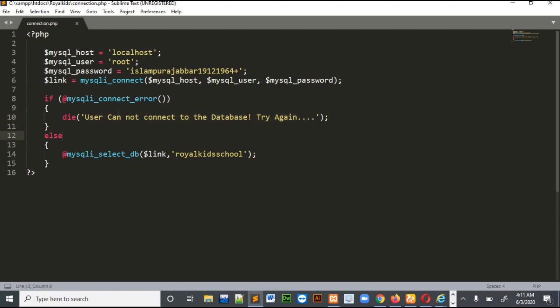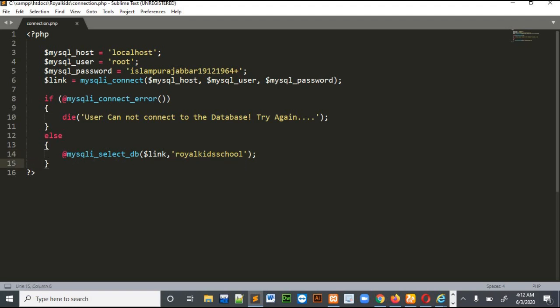Okay, or else, in the else part, suppose the database connected successfully, then it will select the specific database I am working with, which is Royal Kids School. So in this statement I am selecting the database which is Royal Kids School.